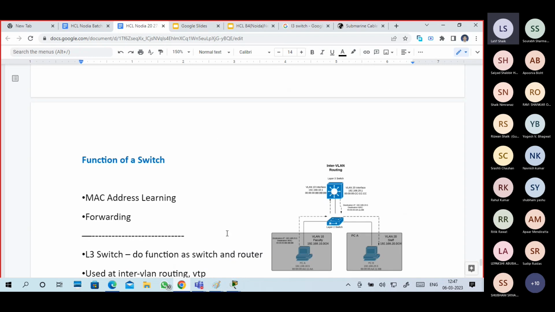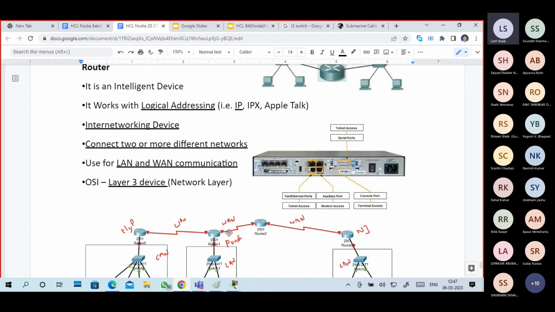Guys, again, the difference between hub, switch and router. Router works with logical addressing, and switch works with the MAC address, meaning physical address. Logical addressing usually means IP address. Switch is used in LAN communication, router is used in both LAN and WAN communications.